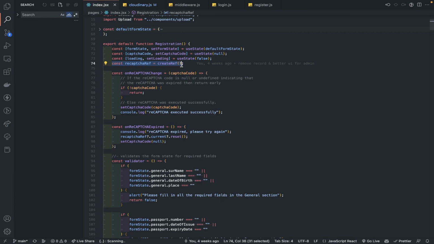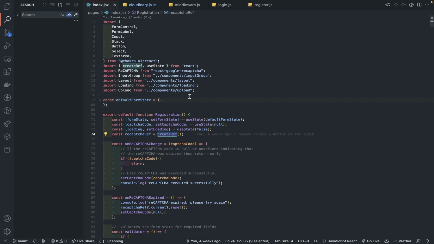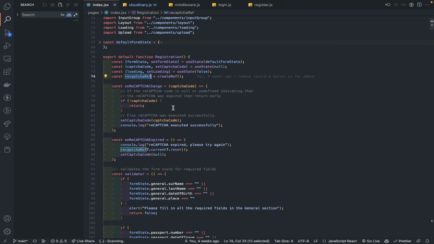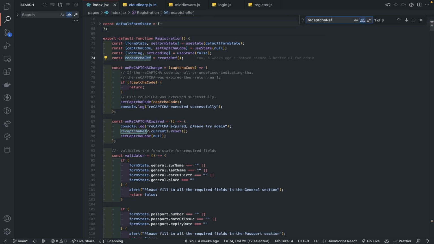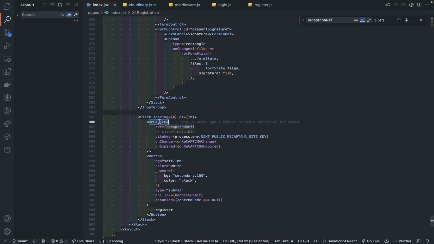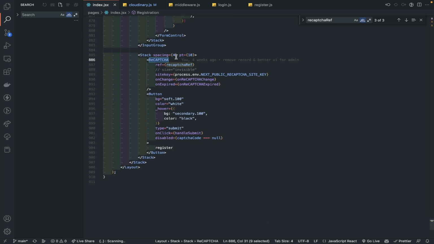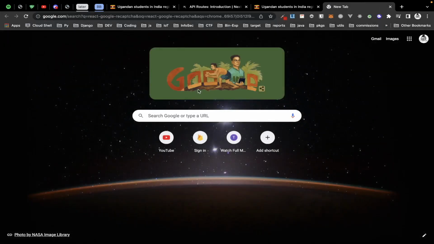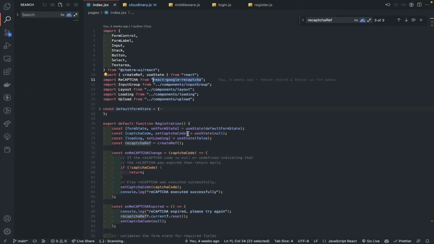But here's a little FYI. You use this createRef thing by React, which is just a reference hook. Pretty simple, right? So you can reference a component here, right? So this is a reCAPTCHA component, which is created by Google, I guess, or whatnot. You can Google React Google reCAPTCHA. You can Google this component. So this component takes a few inputs, which is